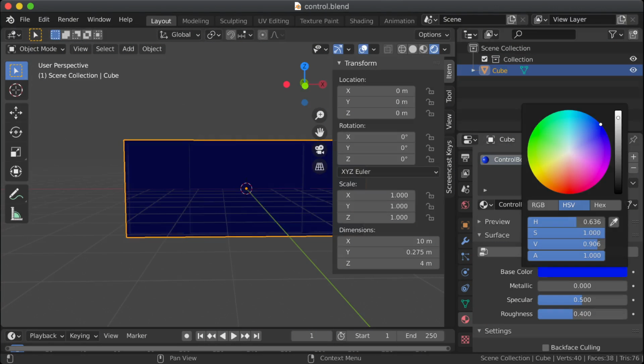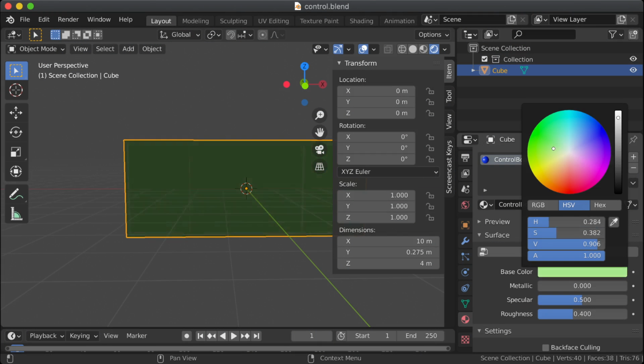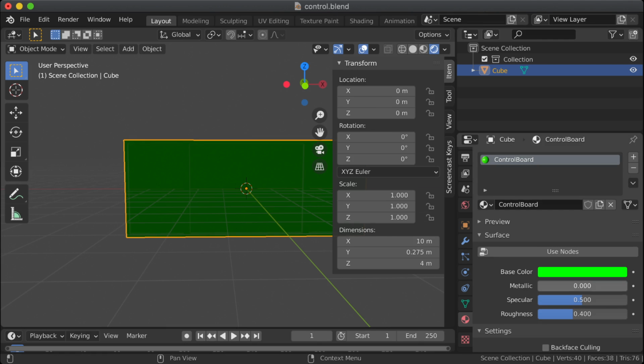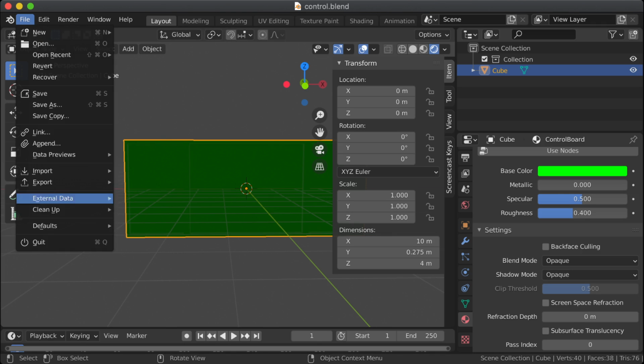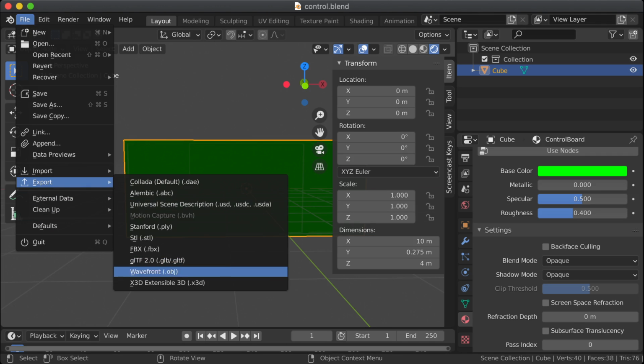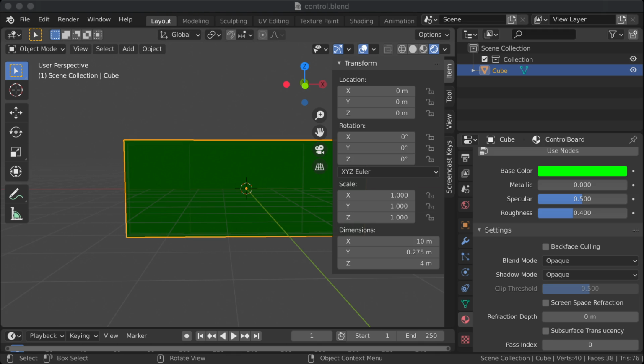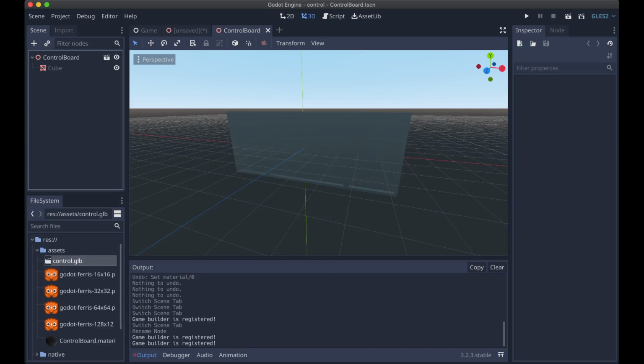Now if we change this to green. Okay. File export. I just want to see if this will carry over. A couple more tests. It's still not there. If I hit like F5, if I reload the project,